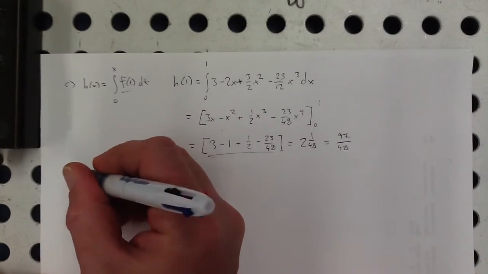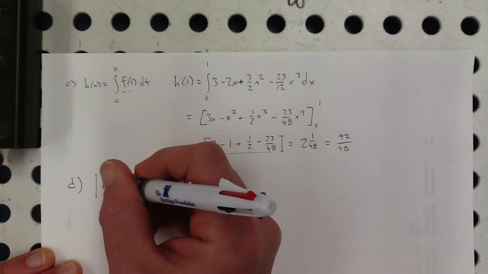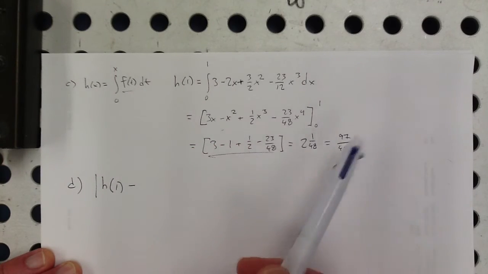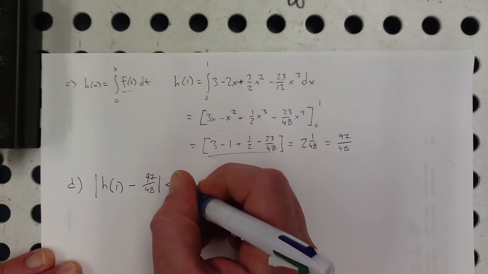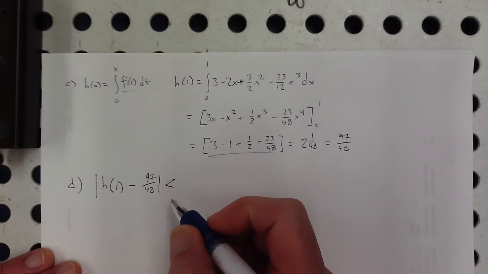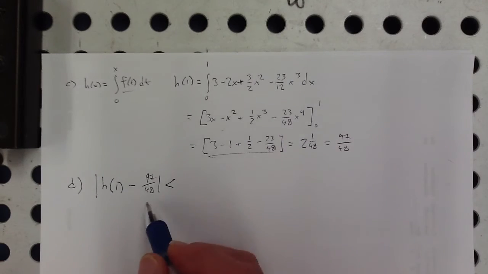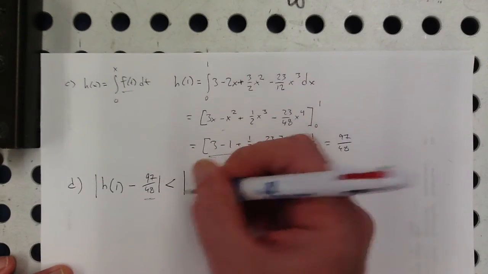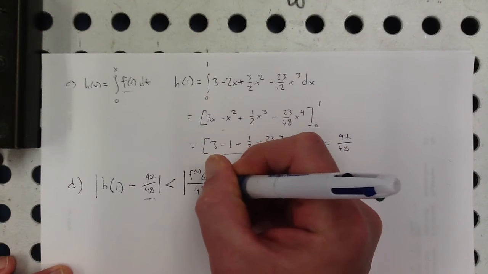0.45. So the alternating series error bound says that the actual value differs from the approximation by not more than the next term. So the next term in this, let's see, we never made the fourth degree term. This is using the third degree. So the fourth degree term would be the absolute value of the fourth derivative at 0 over 4 factorial